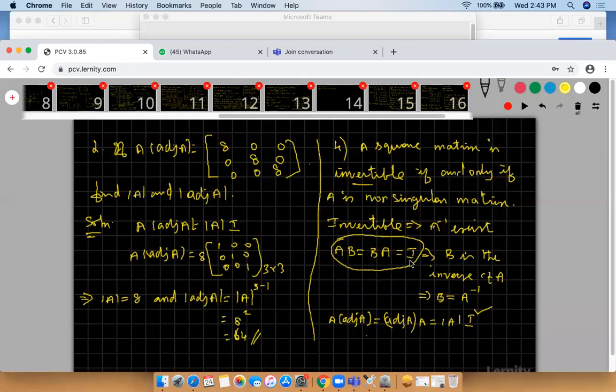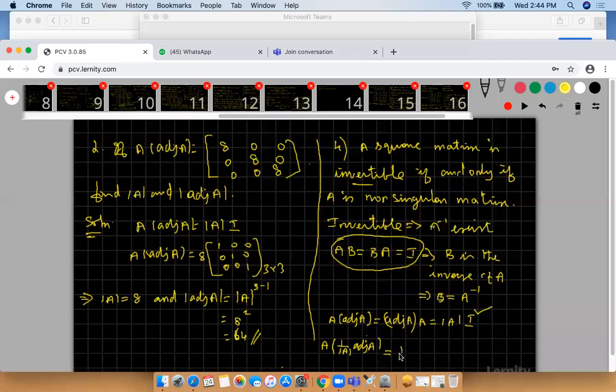Why am I doing that? I'm going to find out the inverse of the matrix. How to find out the inverse of the matrix? Multiply one matrix by another matrix. If you get identity, then this B matrix is called the inverse of this matrix. So therefore divide by determinant. This determinant of A is a numerical number. You can divide here or here. But I'm keeping this A as it is, because this is my A. I'm going to take this as my B.